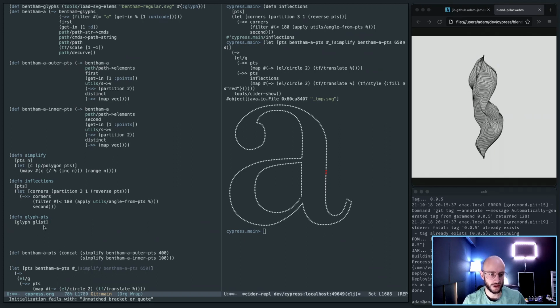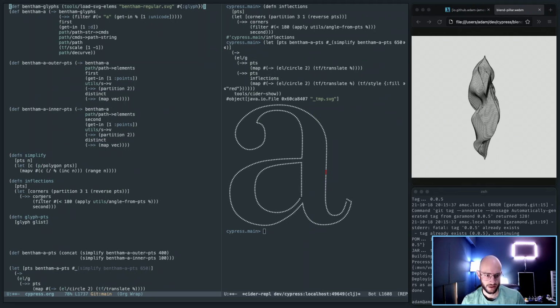Because I only want to load the list once, so I want this to be loaded, and then I want this result to come out of the whole thing. So what I'll do is